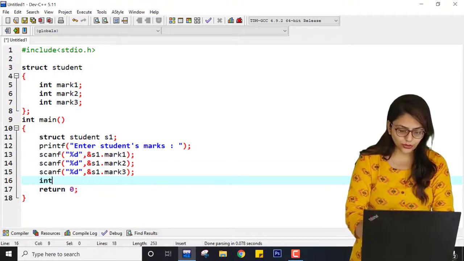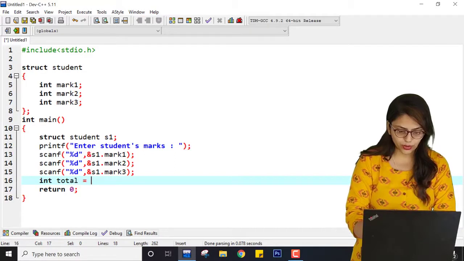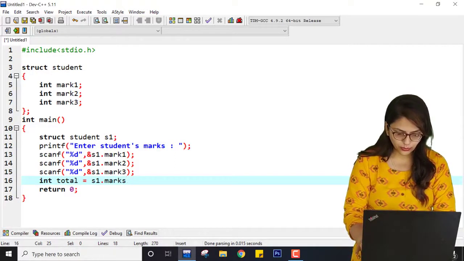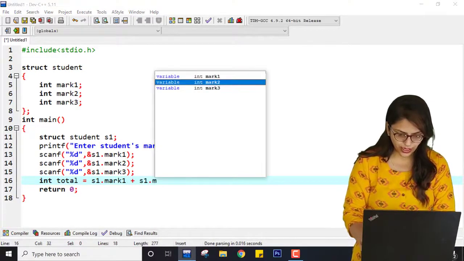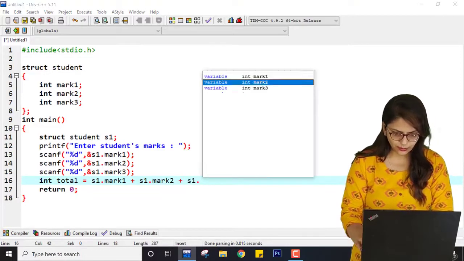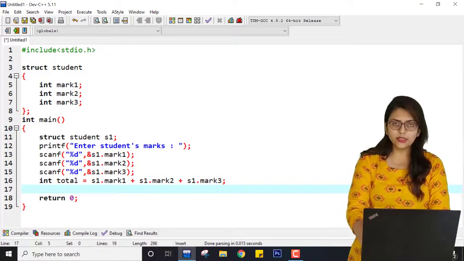Now if I want to find the total, I can find total equal to s1 dot mark1 plus s1 dot mark2 plus s1 dot mark3, right? And then semicolon.